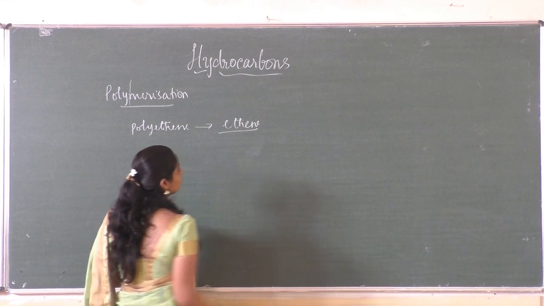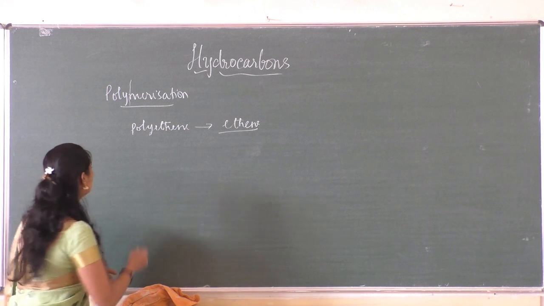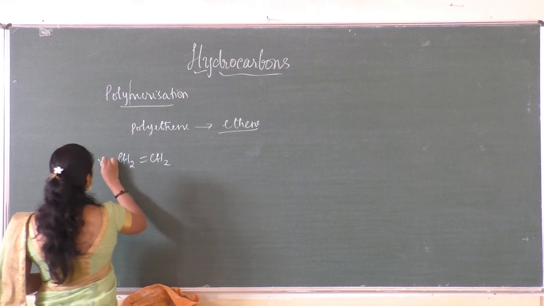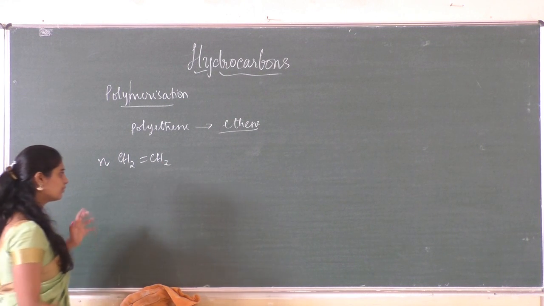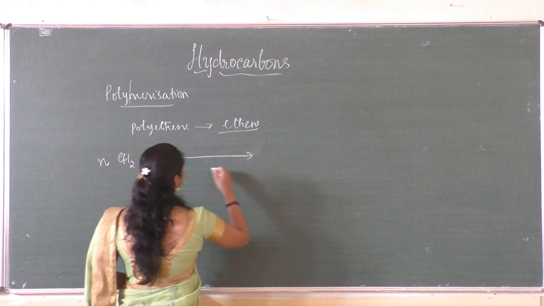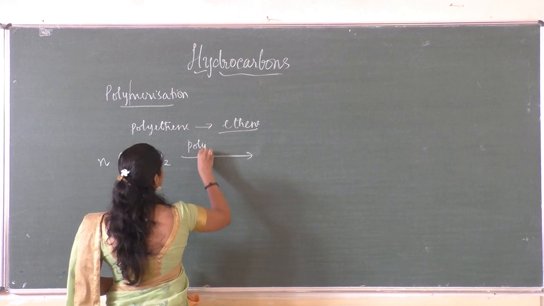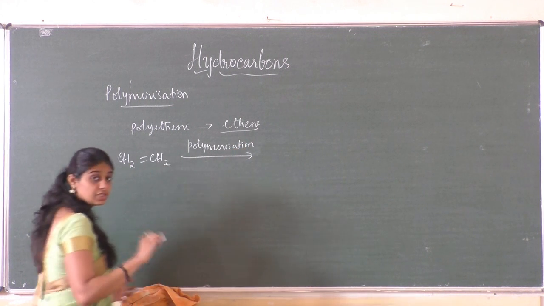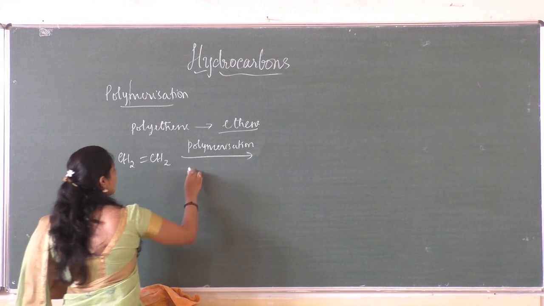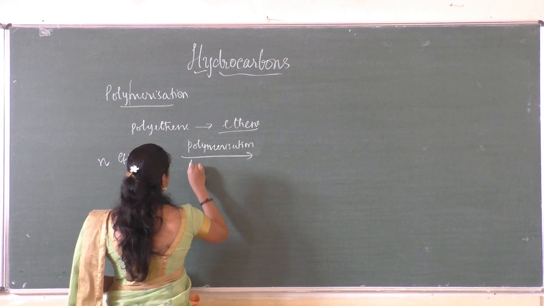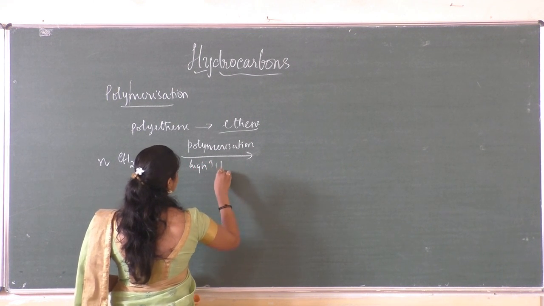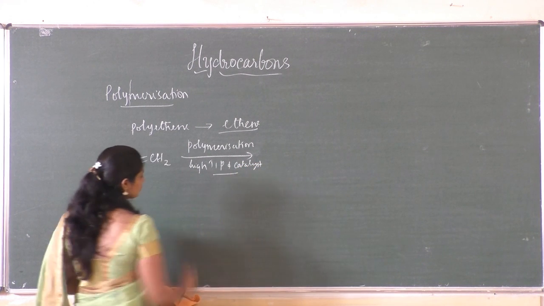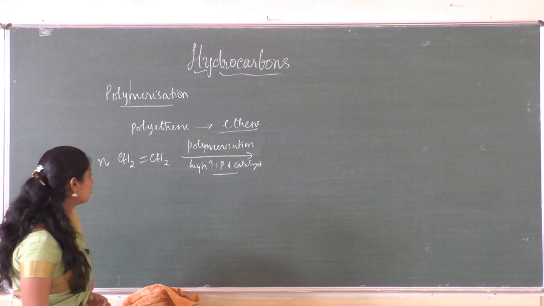So by the repeated addition of ethene molecules, this is ethene, CH2 double bond CH2. If you consider n number, not any fixed number, a very large number, it undergoes polymerization. That means continuous addition keeps happening, one molecule adds to another molecule. So at high temperature, pressure, and by using a catalyst. This is a must in order to undergo polymerization.